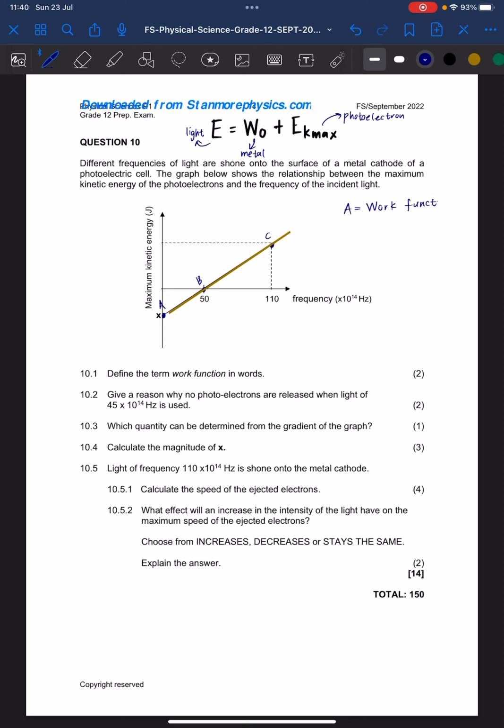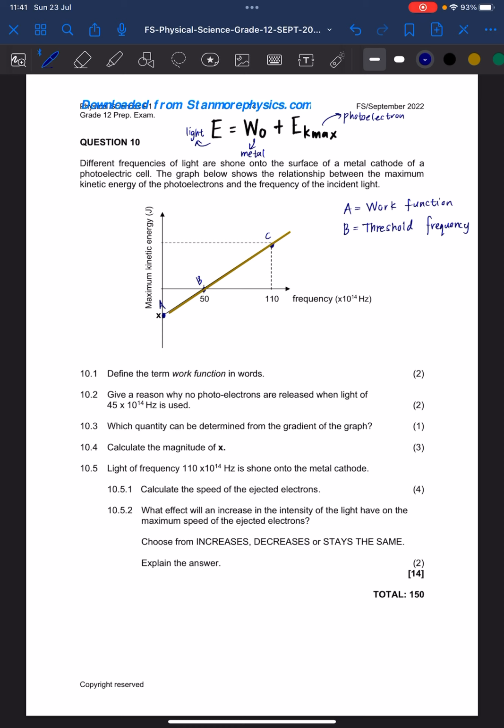You guys know all of these definitions. I hope you do. If you don't, please go over it. There's no blame on you, but you should go over it, please. A is the work function, the minimum amount of energy needed to eject an electron from the surface of a metal. And B is going to be our threshold frequency. I hope I'm spelling this correctly, because it just doesn't look correct. So threshold frequency, the minimum frequency needed to cause an electron to eject from the